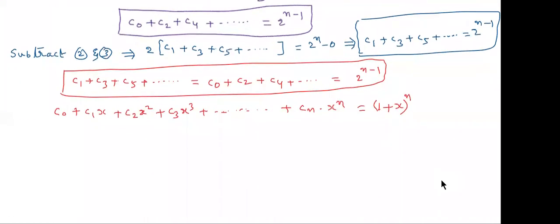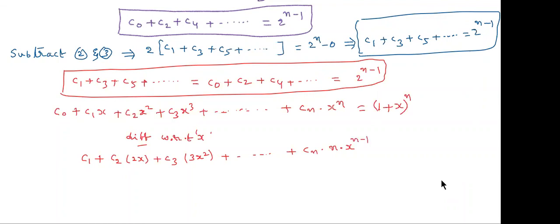Then what happens? See, differentiate with respect to x. Now C0 is constant. Derivative of constant is 0, or not? C1 is constant, but derivative of x is 1, plus C2 is constant, derivative of x square is 2x, plus C3 into derivative of x cube, 3x square, and so on. The last term, Cn into x power n, derivative is n into x power n minus 1,